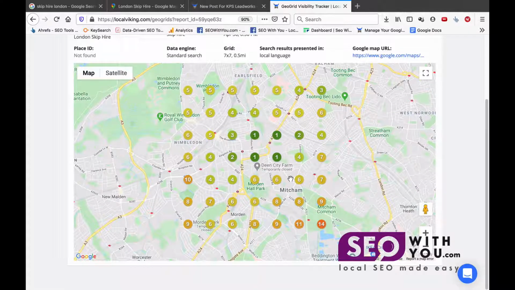So if you did this search for your business, pretend this was your business now, and you're ranking number 1 here, 2 here, 3 here, well, you don't need to be pushing those rankings up because they're already there. So we'd work on the 4s and the 5s. So generally you get the best results by targeting the areas that are